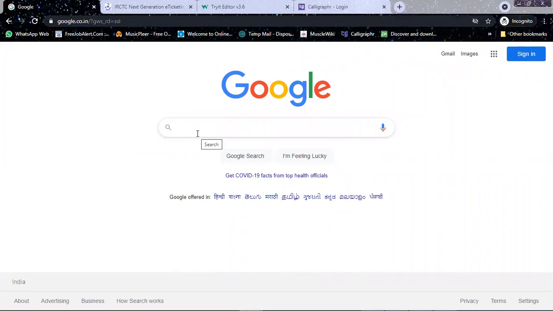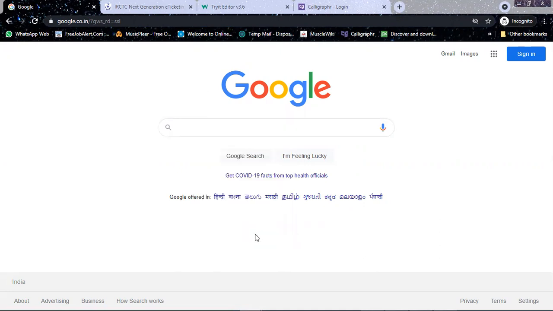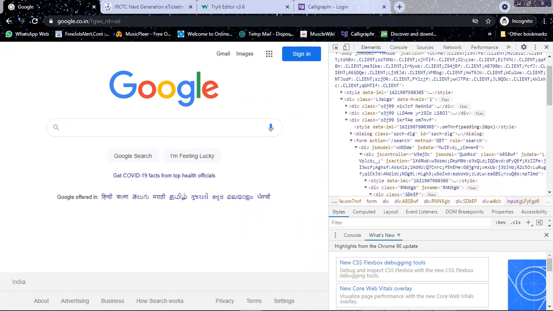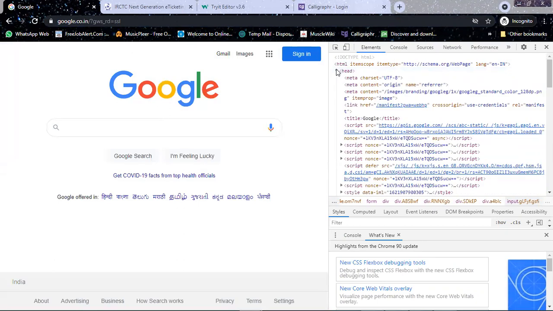When you right click and inspect, go to the top in the HTML doc. Expand that head node.